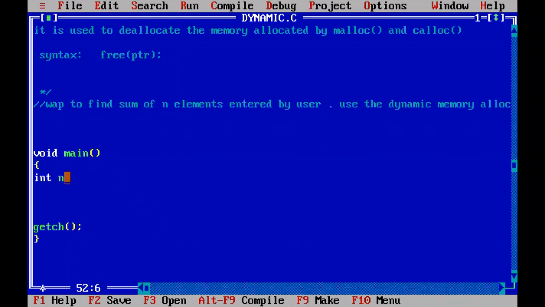For how many elements you are going to allocate memory dynamically, that n I am going to create. After allocating the memory for n elements, the malloc or calloc function will return one pointer. To hold that pointer, I am creating one integer type pointer here.